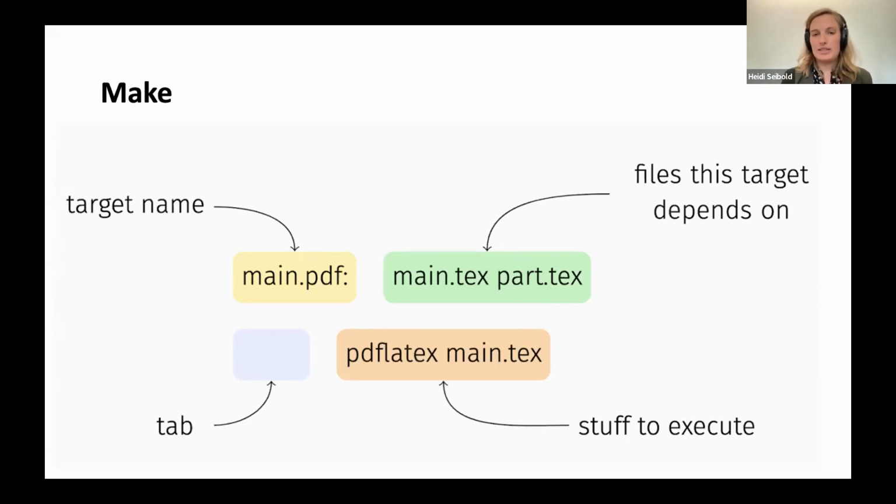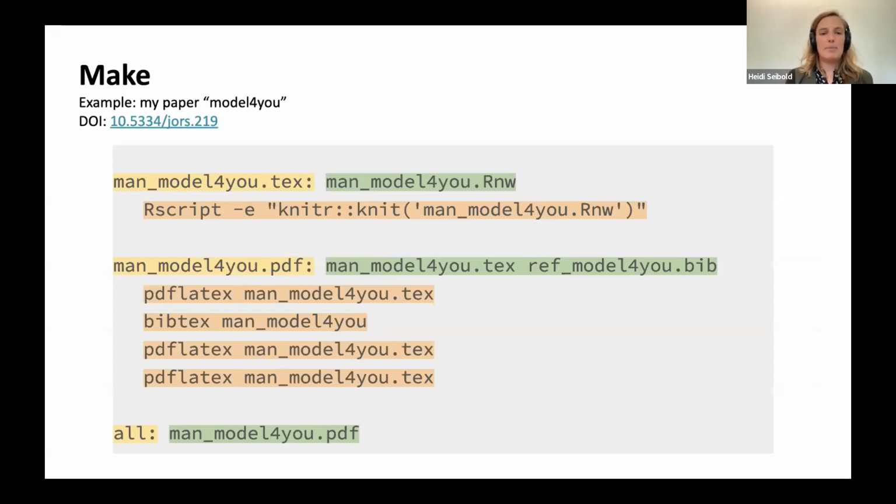And I want to show you an example again of this paper that I showed you before. And I acknowledge that this is a very simple make file. Most of my make files for other projects are more complicated. In this case, it's so simple because I already have all the code and the data included in the R package. So I don't have to have a script for loading data, cleaning data, and so on, which I would usually have additionally here. In this case, I just want to create the PDF, which is my paper, from the file that I showed you before that combines the text and the code,